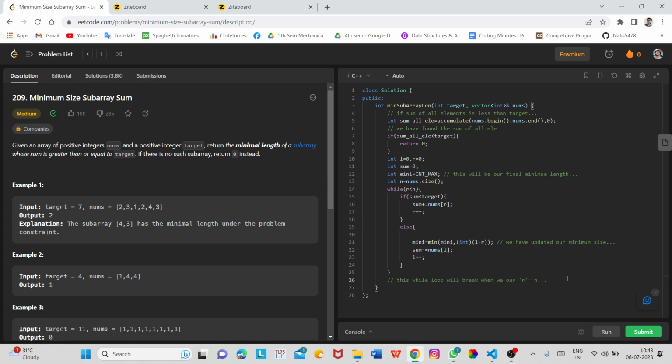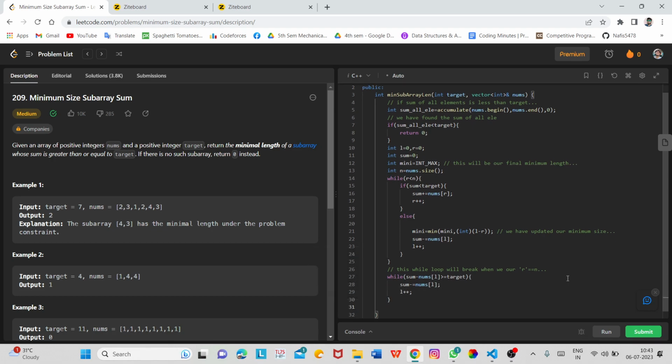Okay, so for this what we will do, we will take a while loop, and while sum minus nums of L is greater than or equal to target, what we will do, decrease the sum by nums of L, and then L plus plus.